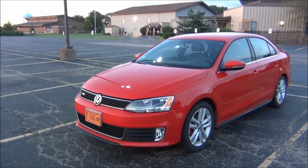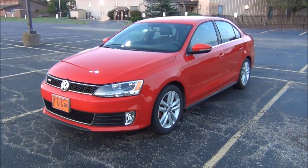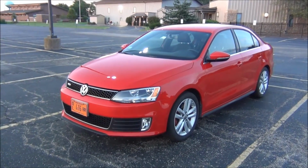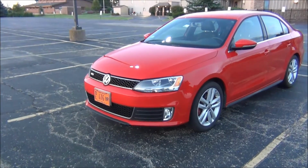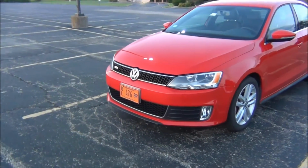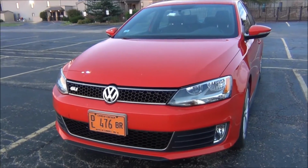And this is just like a base model GLI, so it doesn't have a sunroof, it doesn't have the nicer wheels, it has cloth seats with leather on the side. So we'll take a look around the car, go over some of the features, and we'll go out for a drive. So here in the front, being kind of a more basic model GLI, it does not have HID lights,